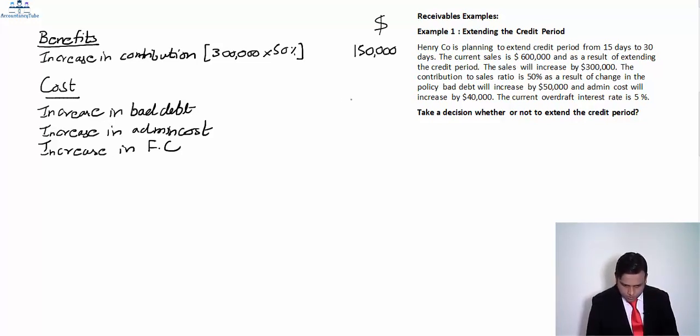Okay, the cost, the bad debt provision is 50,000. Then the increase in admin cost is 40,000, and finance cost is something we need to compute,